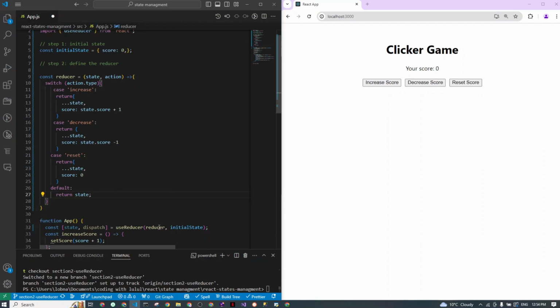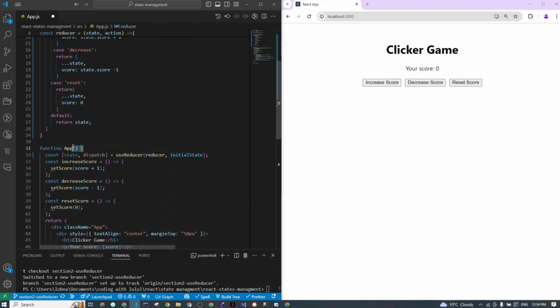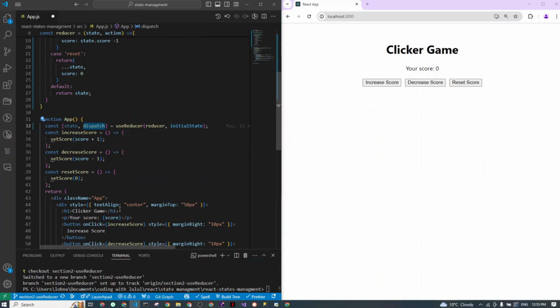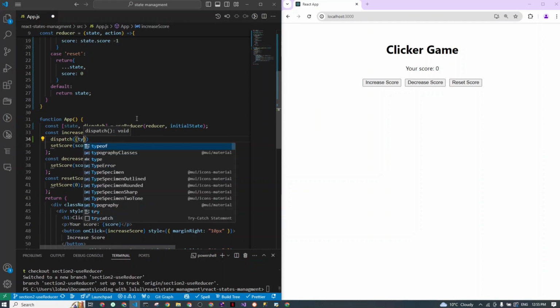So now we created our reducer, okay, we have our initial state. Now how can we trigger this reducer, or even access it? We'll go back to our component, and here, remember we tried to access the useReducer. So we have the state and we have dispatch, okay? Now what you can do is that when I click increase score, I want to go into dispatch, and this dispatch is your action now, okay? So this dispatch will have an object and it will have type of